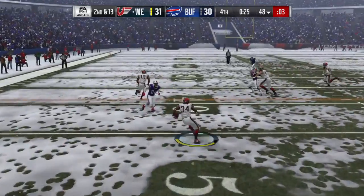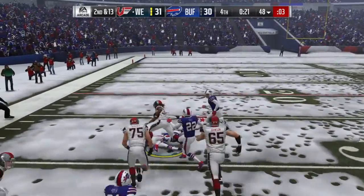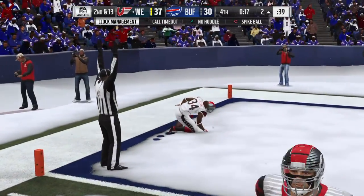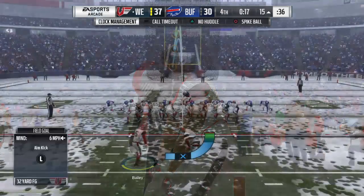We've seen it happen in the game of football. It doesn't matter whether you've watched high school, college, or the NFL. Some people get a little greedy. And he's free going down the left side. And he will have a touchdown. Ricky Williams with his second touchdown of the